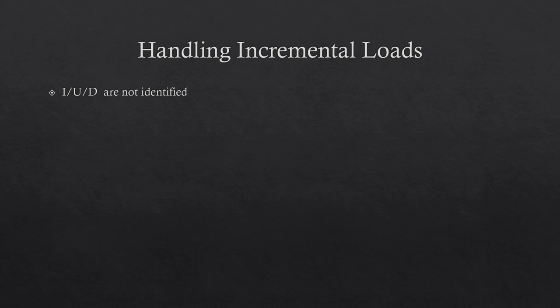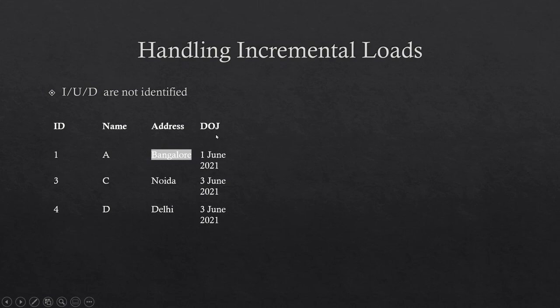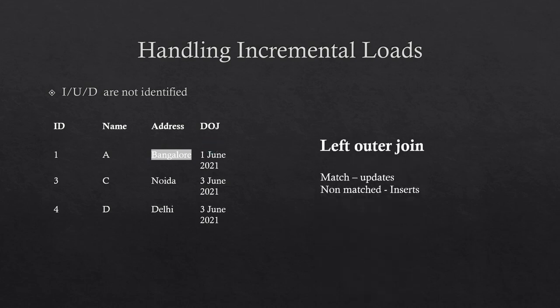The next scenario is again incremental, but here the source is not telling us what got changed. They are sending us incremental data, but they are not telling us what got changed. So now we have an additional responsibility, first to identify what got changed and then rewrite the data. So here what we do is we do a left outer join with the incoming data set, which is this that has come in from the source, and our existing table.